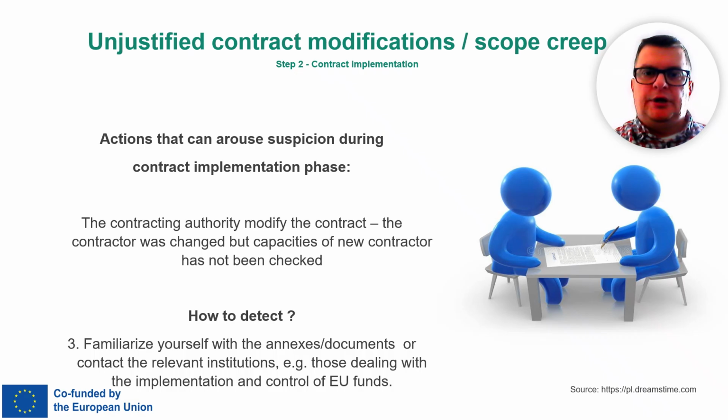And what's the other way to spot it? A good way is also to go carefully through the annexes and supporting documents attached to the contract. If something looks unclear, you can also reach out to the relevant institutions, like those, for example, responsible for overseeing the implementation and control of European Union funds, in order to verify this situation. In this case, this may be so-called managing authorities, intermediary bodies, or institutions implementing EU programs in a given EU member state,